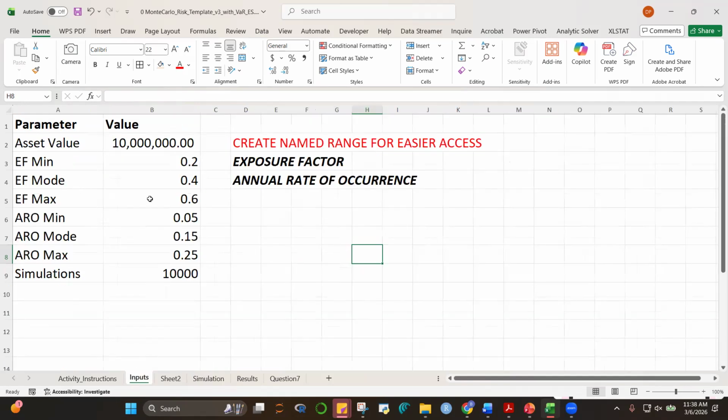Now, next for the ARO. For the annual rate of occurrence, it ranges from 25% to 5%. Okay, again, these are assumptions, and assumptions need to be tested when there are new events that happen in a certain industry in your specific environment, then the risk team or the IT team should be evaluating this. Kung okay pa tong assumptions ng annual rate of occurrence 25% to 5%.